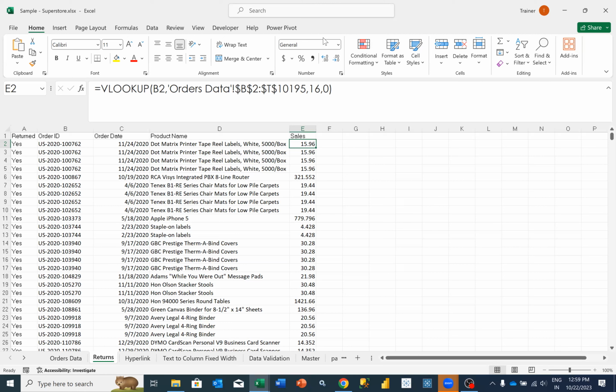Okay, shall we move to the next one? So far, we worked with vertical data. What if our data is horizontal? How do we handle horizontal data? Okay, so what we will do is